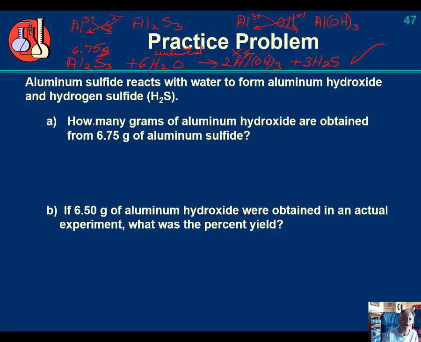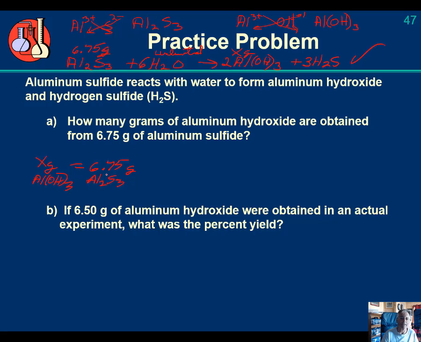So how many grams of aluminum hydroxide, Al(OH)3, and that's going to equal my 6.75 grams of Al2S3. Now this is not a limiting reactant problem because I have an unlimited amount of water, and this is